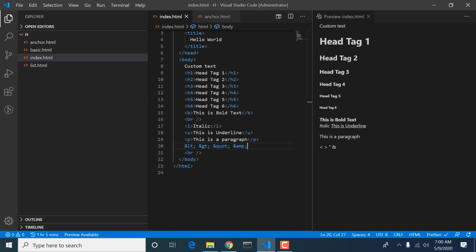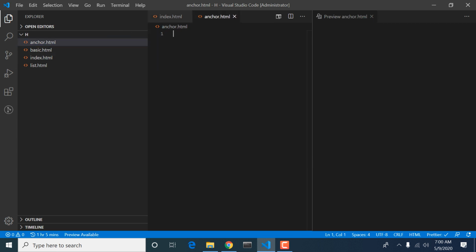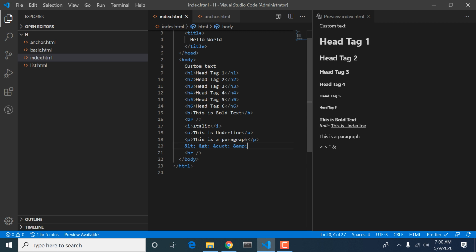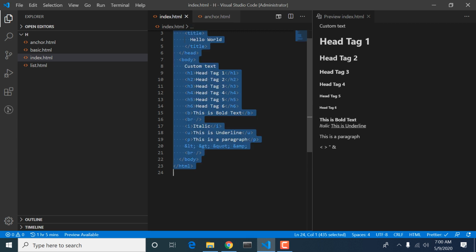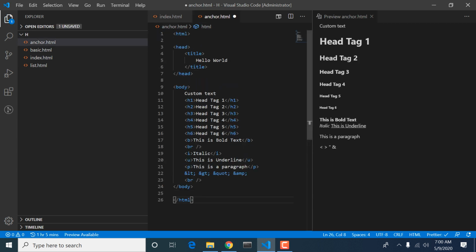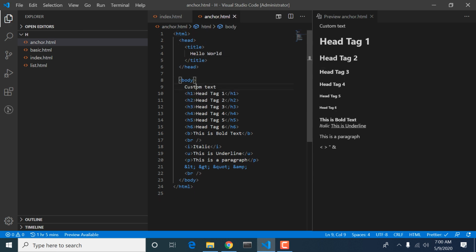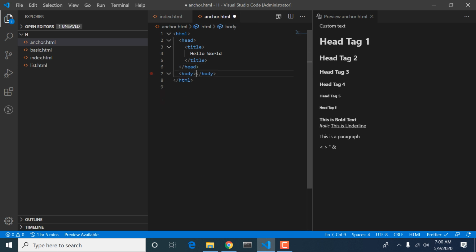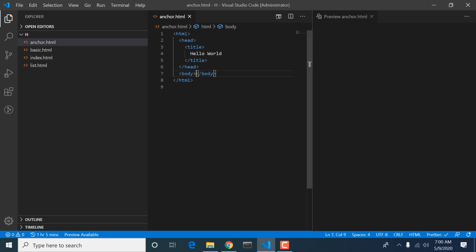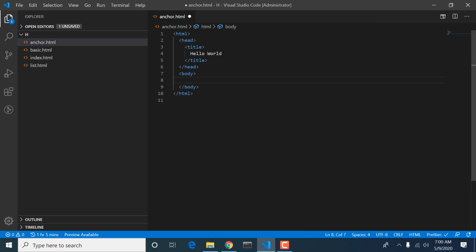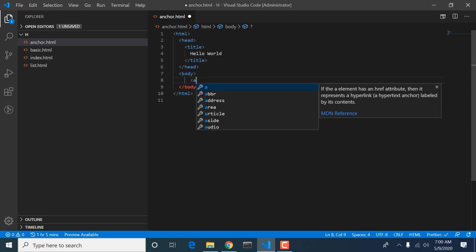Then we will next move on to anchor tags. We are making some good alignments. Anchor tags are like references.